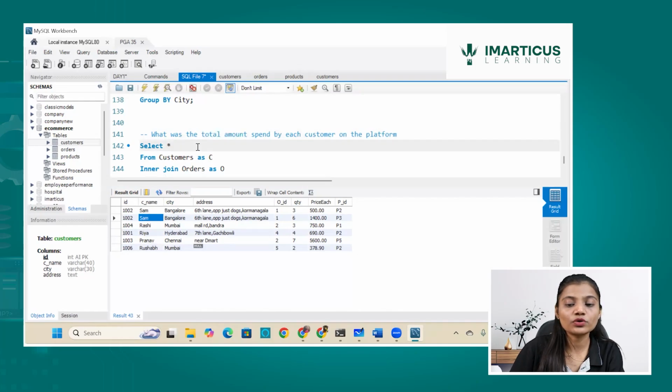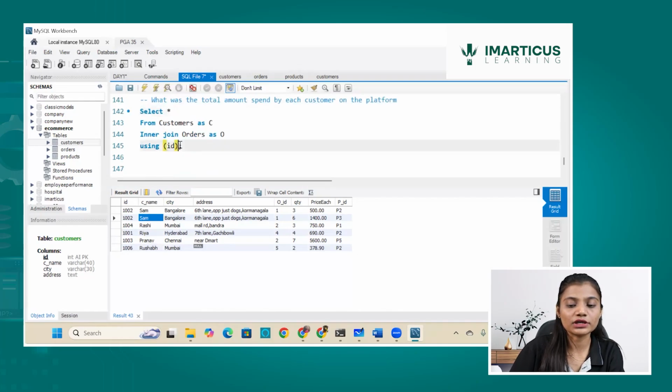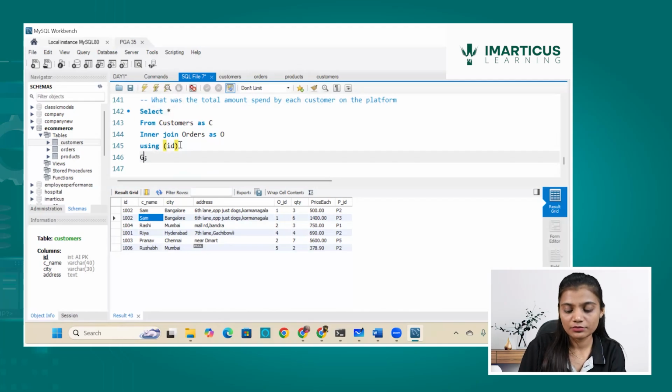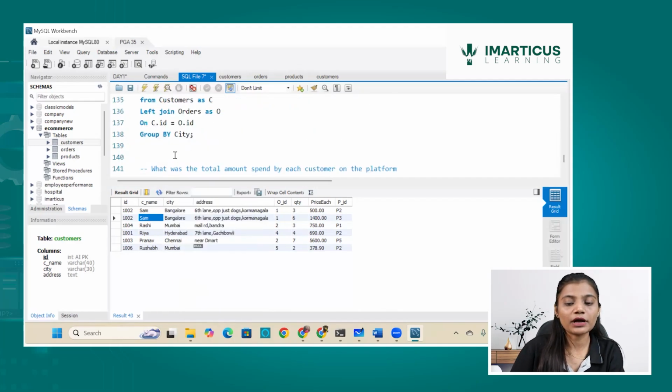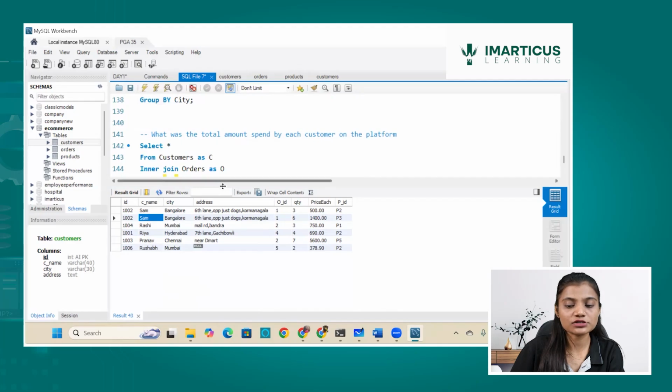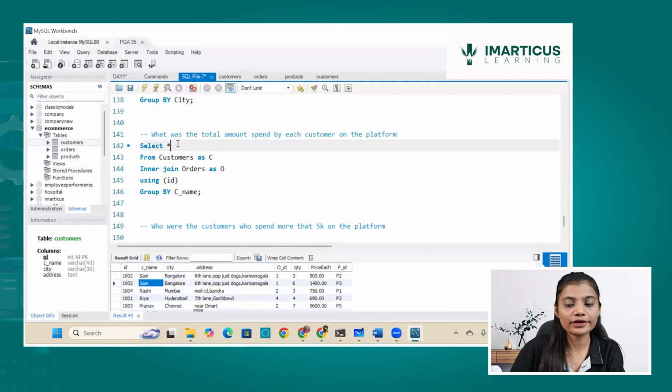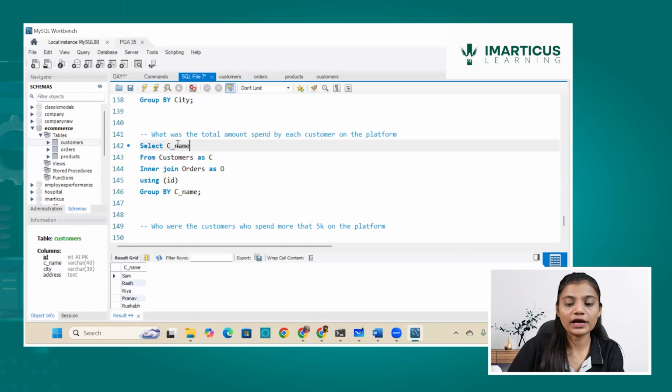So I want to create what? I want to create group by, because I want to find it with each customer. So each customer group needs to be created. C name. I'll create a group by on the basis of the name of the customer. Now what is the next thing which is required? The column which is there in group by, the same column should be there in select.